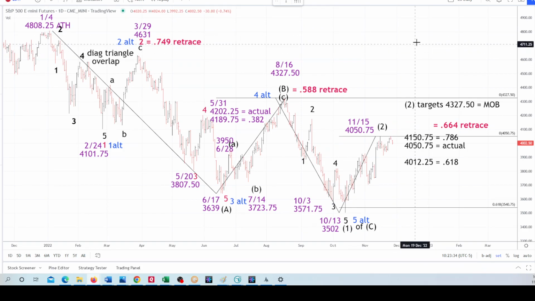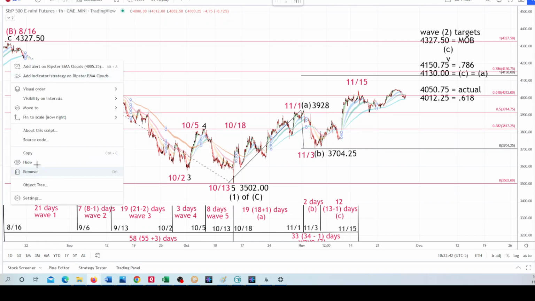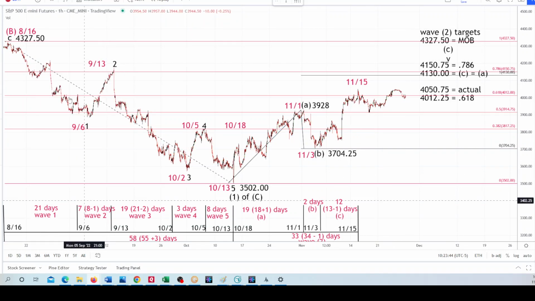We're watching this on a 1 and 10 minute chart. We may get into that, or at least show that in today's report. Let me get rid of these lines here, clean it up. The move down from the B wave high has been Fibonacci perfection, not only in terms of price, but also